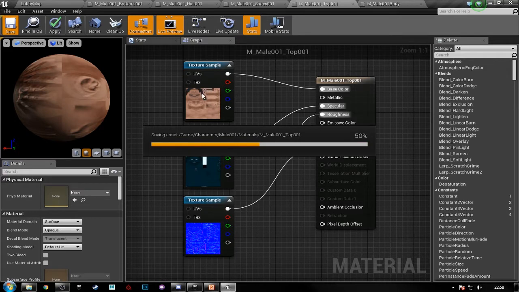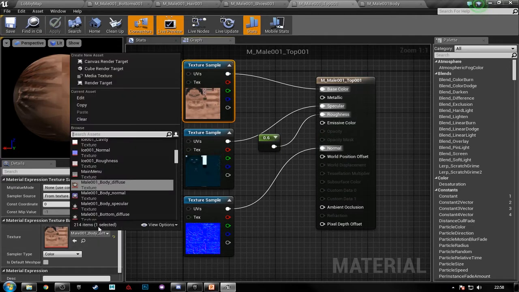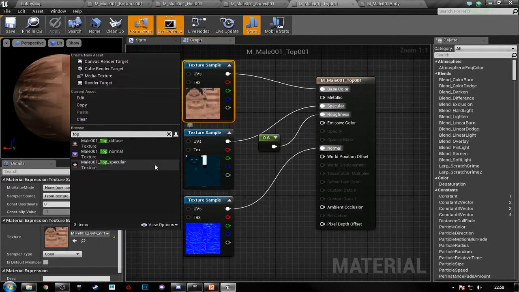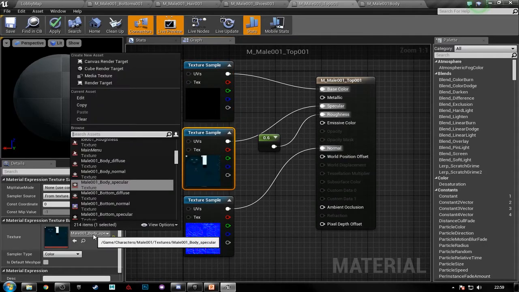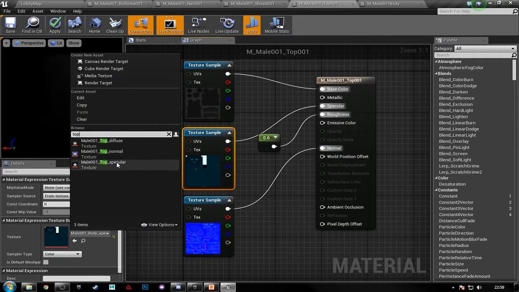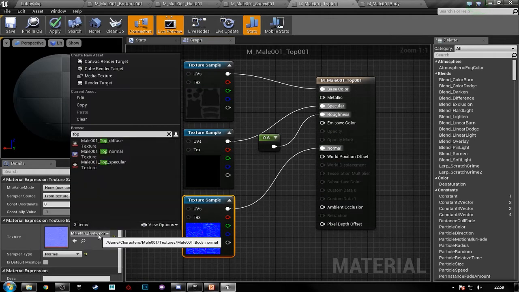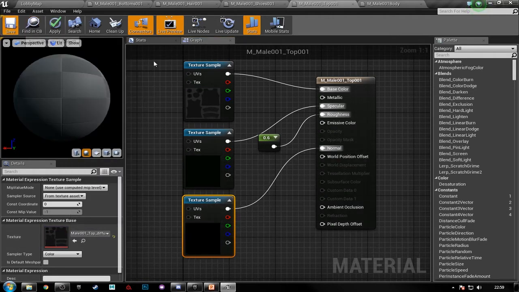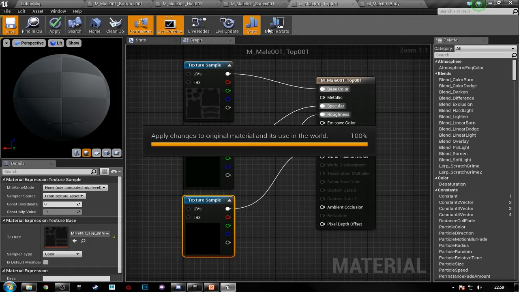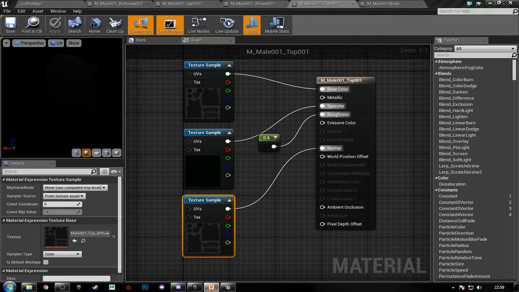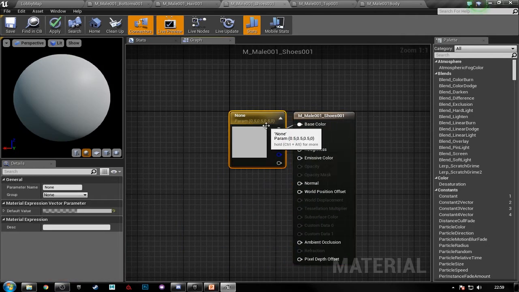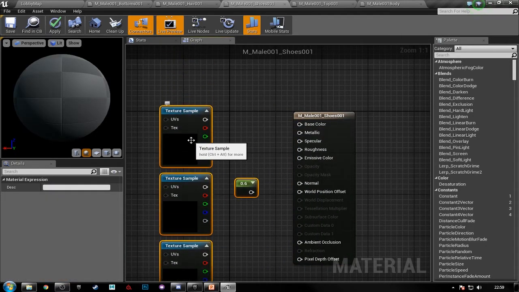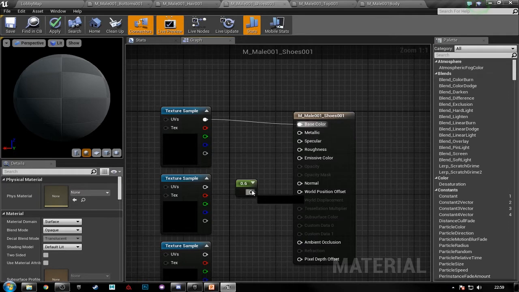I actually haven't set up the textures for it yet, so yeah, let's do this. So I'm just going to type in top diffuse, top specular, and top normal. Okay, and save this out. Okay, and we'll move on to the shoes, do the exact same thing. So bring this in, base colour, roughness,